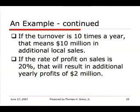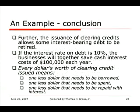If the turnover is 10 times a year, that means $10 million of additional sales for the associated members. And if the rate of profit on sales is 20%, that means $2 million a year in additional profits. But further, it means that that much working capital need not be borrowed from banks. And if the interest rate on bank loans is 10%, that means that the businesses together will save $100,000 a